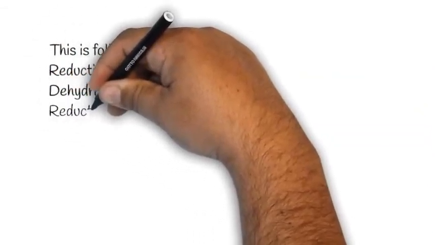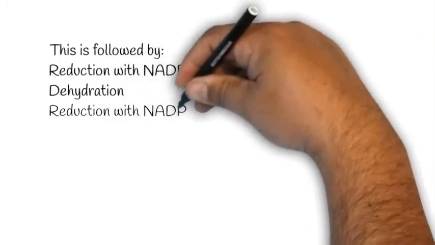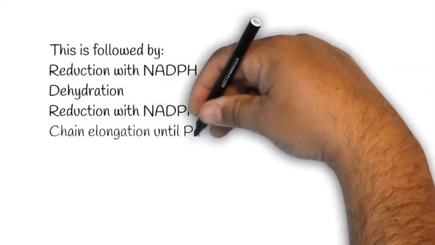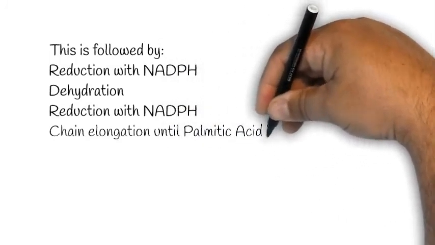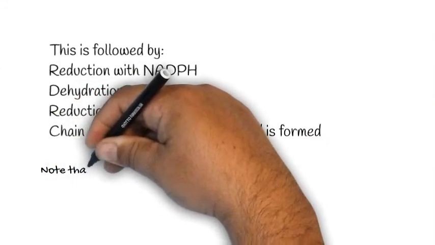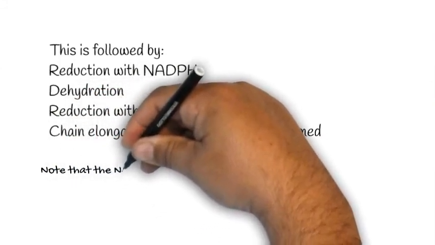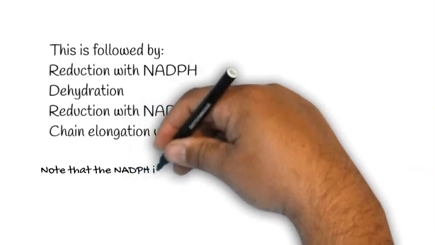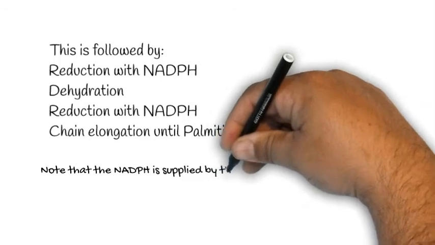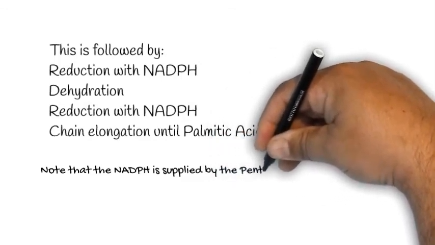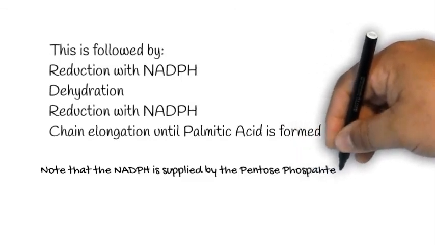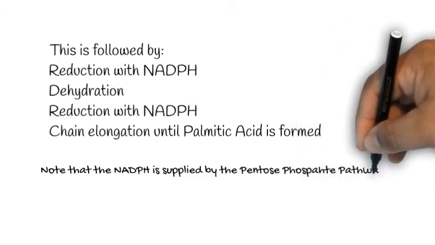This process is followed by a reduction of the fatty acid with NADPH, followed by a dehydration reaction, and then once again another reduction reaction with NADPH, which of course comes from the pentose phosphate pathway. Okay? And eventually you get chain elongation until you get a 16 carbon fatty acid, which is palmitate or